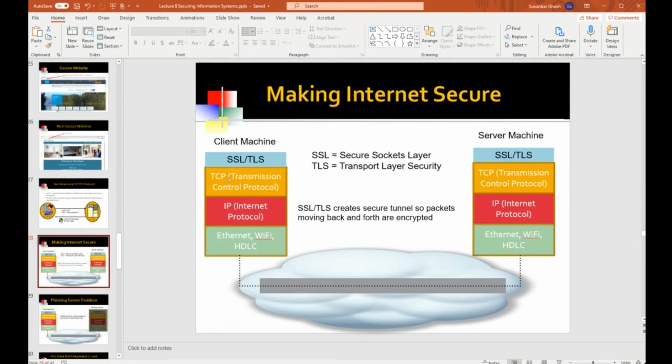So the transport layer of the client machine has established a connection with the transport layer of the destination machine, the server machine. And through that connection, all the packets that are being transmitted are encrypted. So the body of the packets that are being transmitted are encrypted. And this mechanism is essentially called the Secure Sockets Layer.